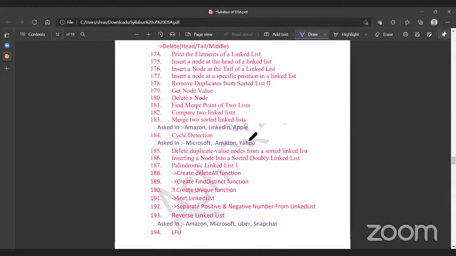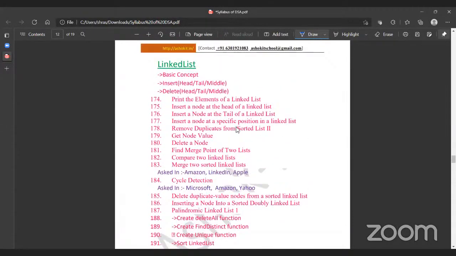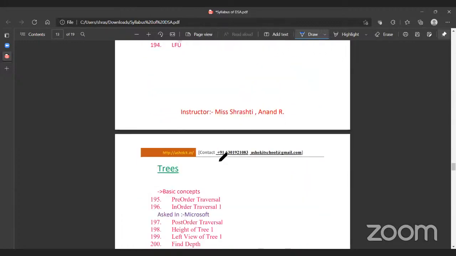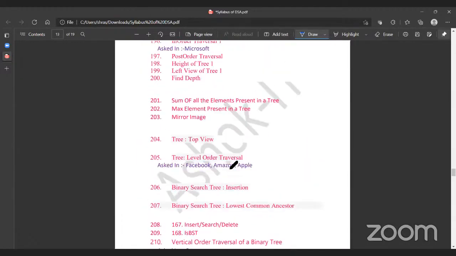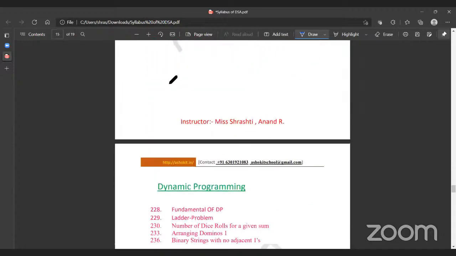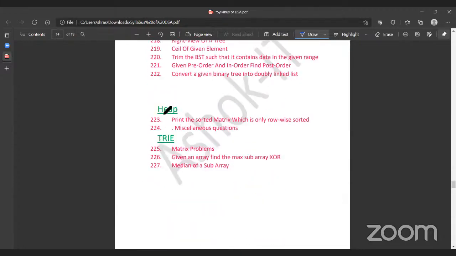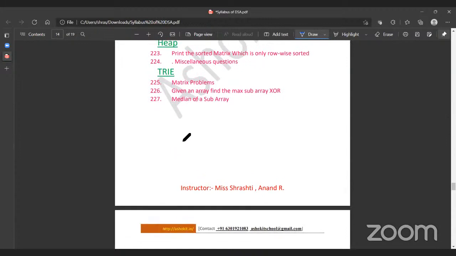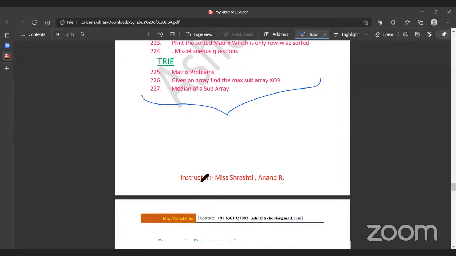The next topic is the linked list. Again, it is one of the data structures, and here we are going to cover a lot of questions regarding linked lists. Then trees and questions based on trees. Trees is a very important topic, and you can see the companies where questions on trees are being asked. Next are heap and trie. I won't discuss much about what heap and trie are. When you attend the session and these topics come, you will be mature enough to know what these topics are and why we are covering them in this particular batch.